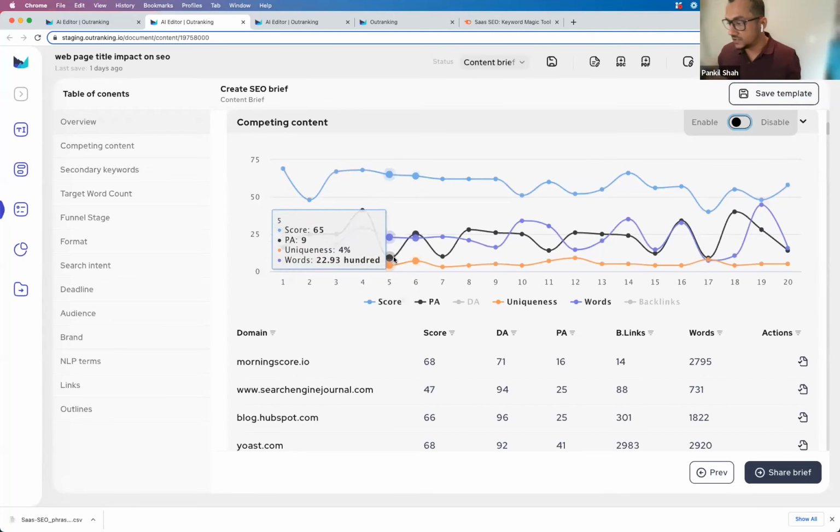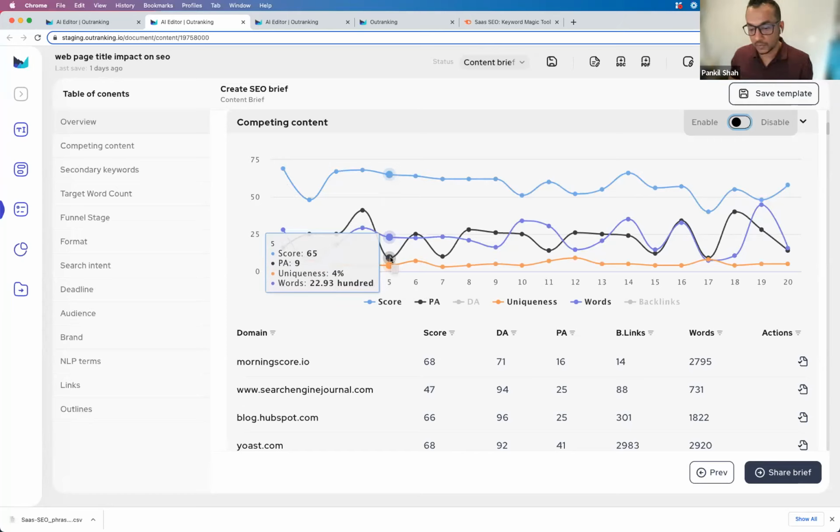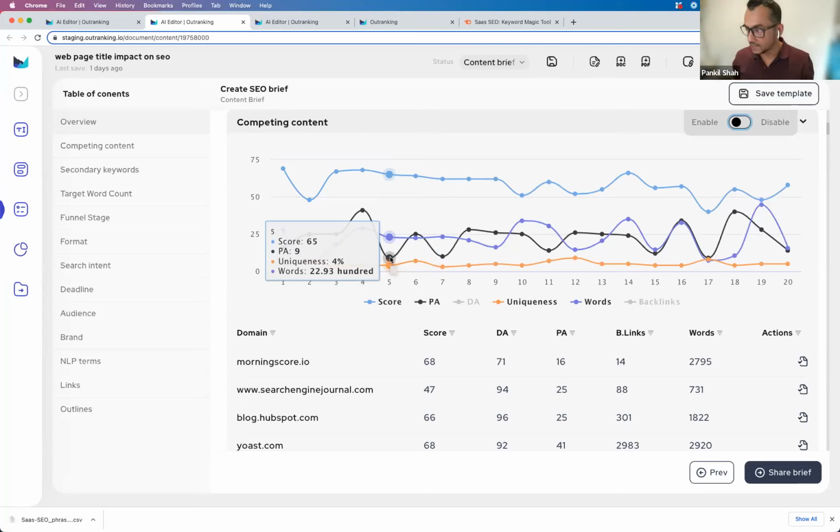So you can easily check the PA over here. We can see the score over here is 65. So this suggests that this page is quite strong, right? It has a very low PA, page authority, and the score is comparatively consistent with all the other guys, right? What does that tell me? This page is quite strong. So I'd want to pay special attention to this page because it stands out at low price. I mean, it clearly is doing something other than backlinking and page rank related stuff that is making that page rank, right? So you want to focus on score over here and understand who these guys are.